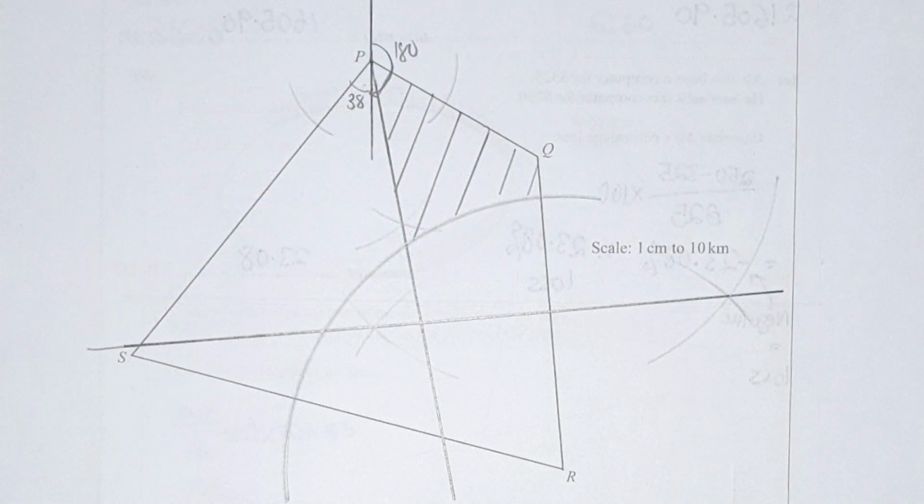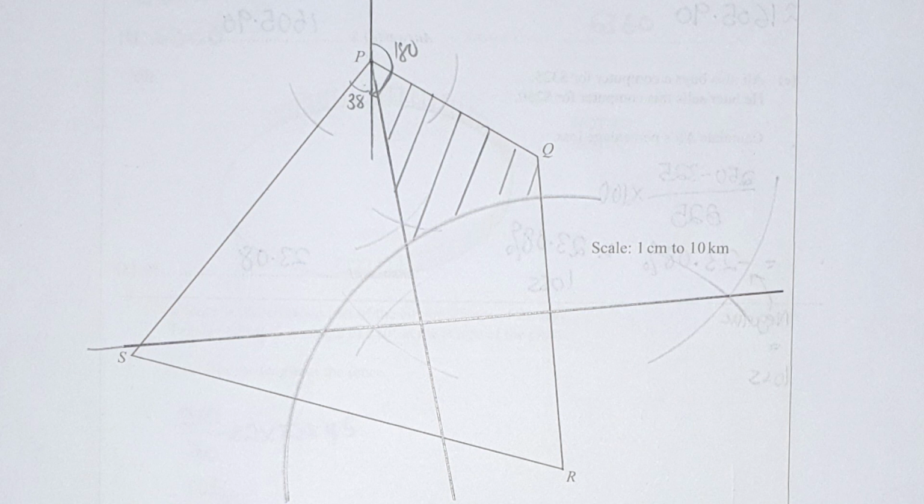Question 2, pretty straightforward. Equidistant from Q and from R. Okay, so I adjusted my compass to be more than half of QR's length. I drew two curves, one each from the R and Q points. Then I constructed the